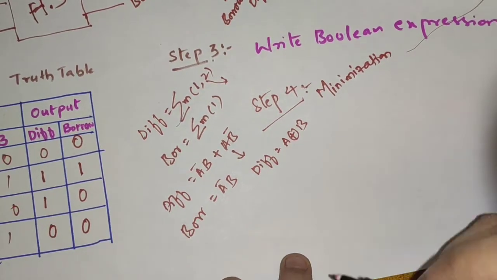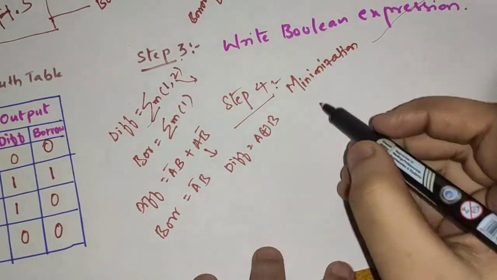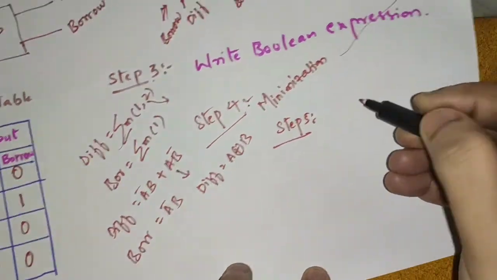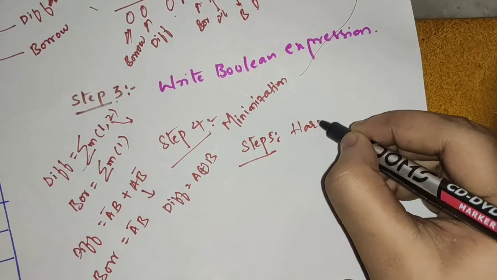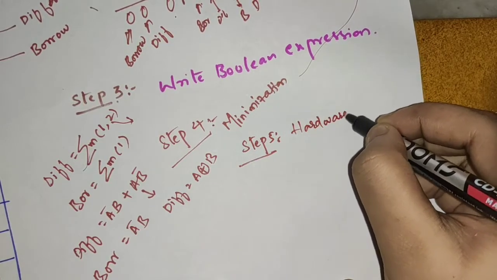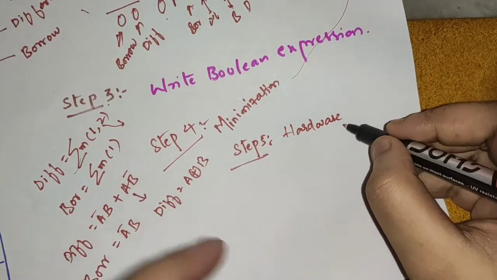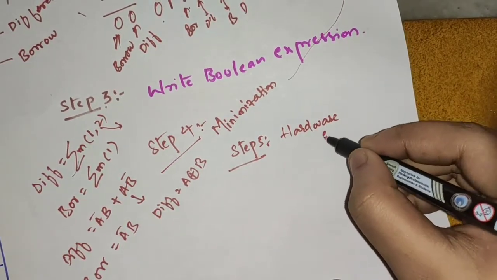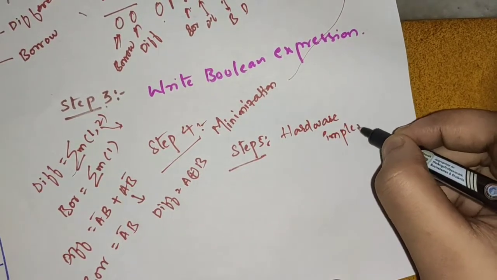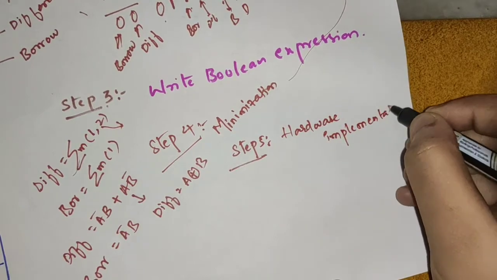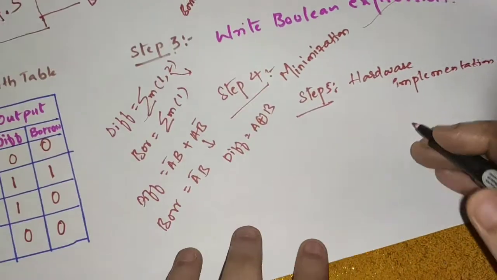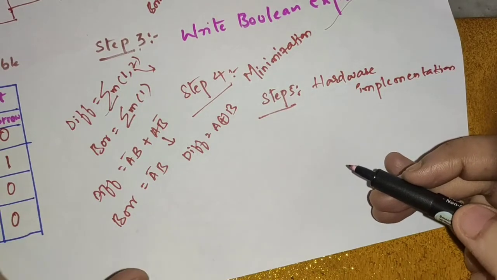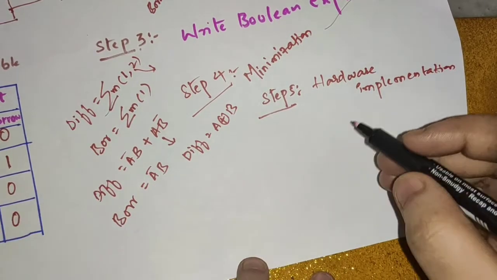So going for step 5, that is hardware implementation. Hardware implementation means we need to draw the logical diagram for the obtained expressions of difference and borrow. To draw the logical diagram for these two expressions, we need to take